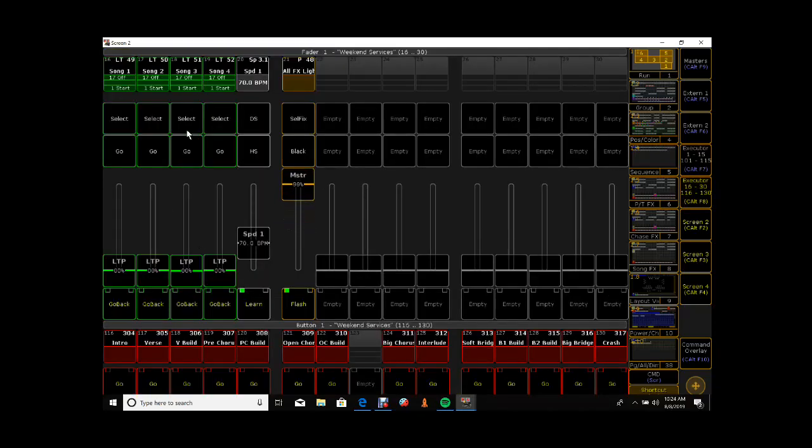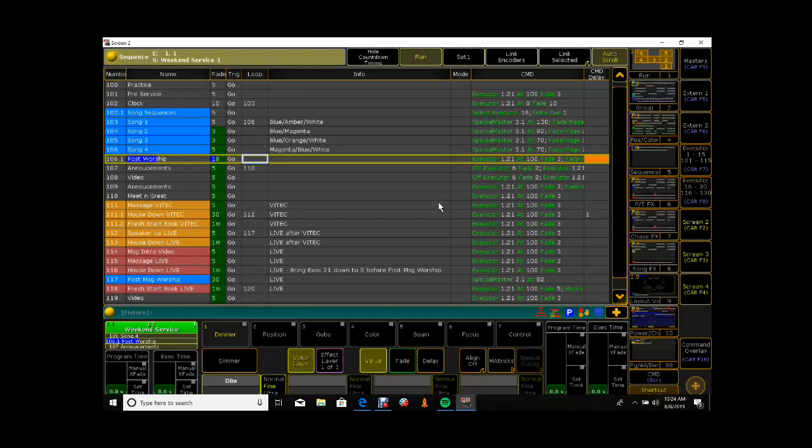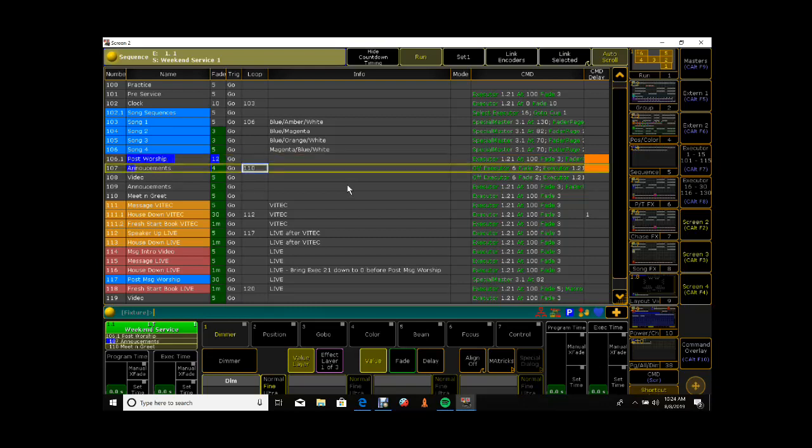So you'll see that this is kind of like the look that you see on the weekends. And from here, it's pretty simple. So you could go to announcements. You could really stay on post worship if you wanted to, and just use the front wash fader to bring it up and down. And that's probably actually a good idea, to stay on post worship for really the